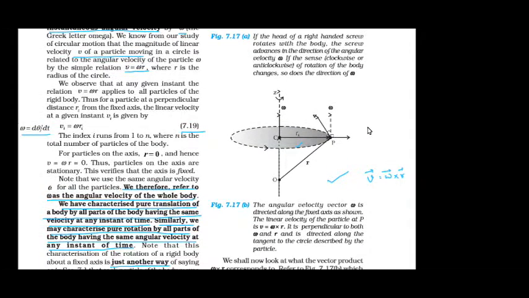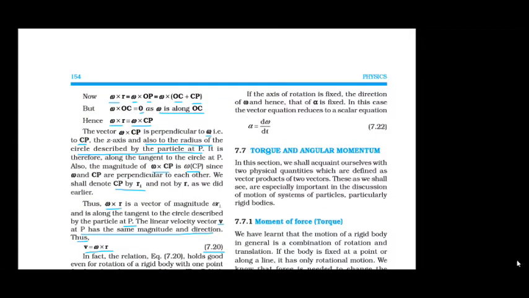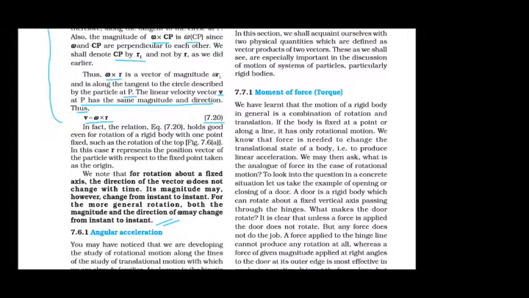This is the figure to prove v is equal to omega cross r, the vector product of omega and r, and this is the derivation. This is an important question which can be asked in your class exams, and the numericals and concepts can be asked